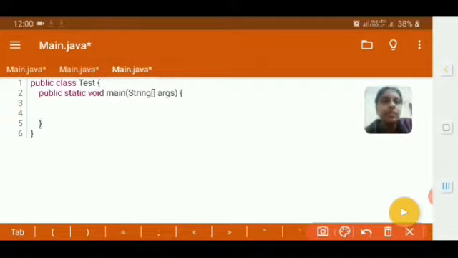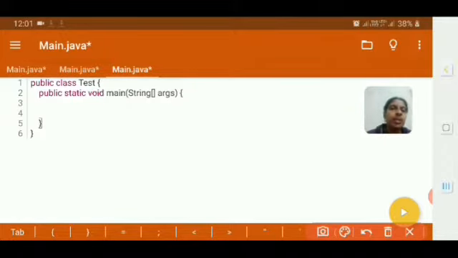And then next is public static void main. Once again I repeat, public is a keyword used to tell that whatever content I give inside my main method can be accessible by others also. Next is static. Since I need to load this line in the beginning of the program, I use a word called static. Void, no return type. Main is to indicate that this is the beginning of a program.